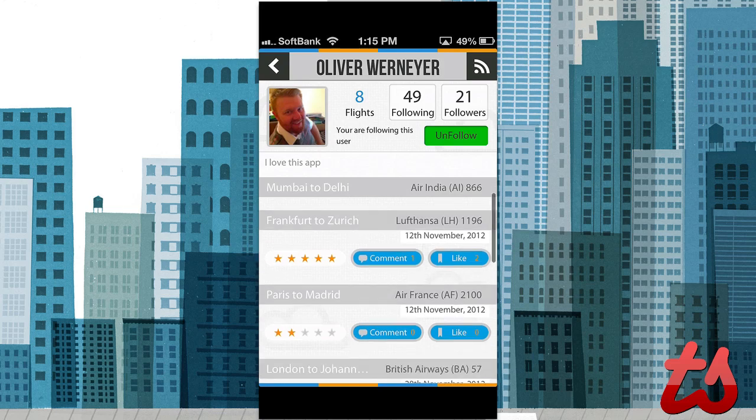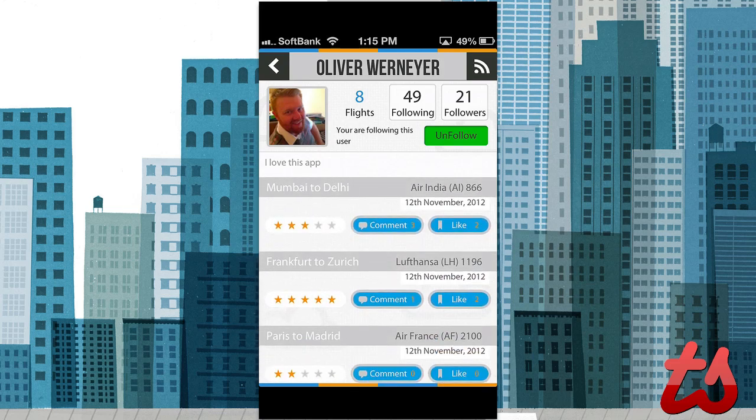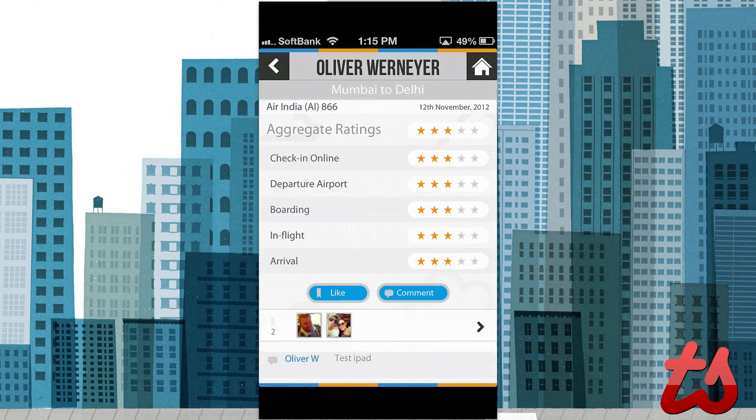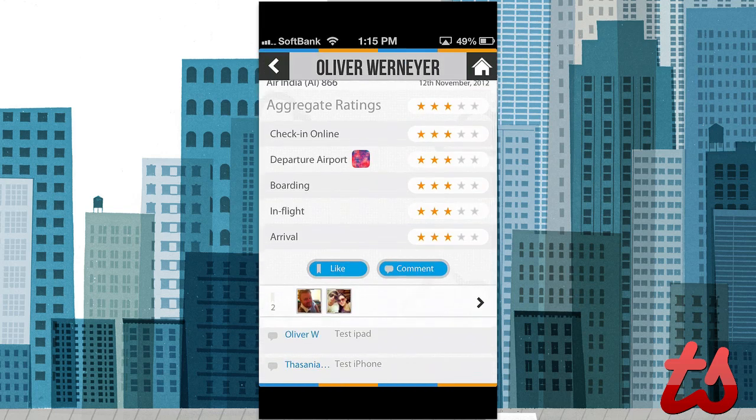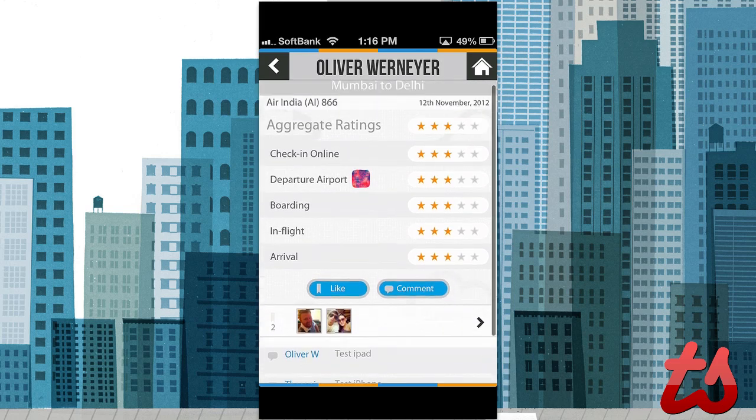And I can see all of the flights he's had in his overview itinerary. So you can see what flights he's made, the dates he's made them. So I can click on, for example, he flew from Mumbai to Delhi, and I can see his aggregated ratings here. So I see his overall rating of 3 stars out of 5, but I can also see the individual stuff he's rated here. So check-in online, departure at the airport, boarding, in-flight experience, arrival, and I can even see